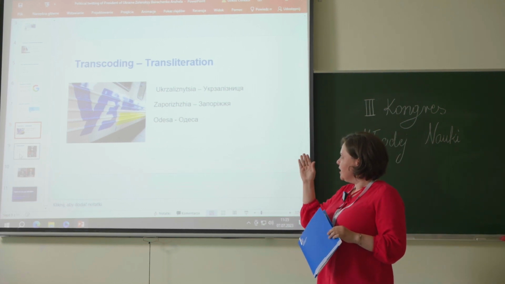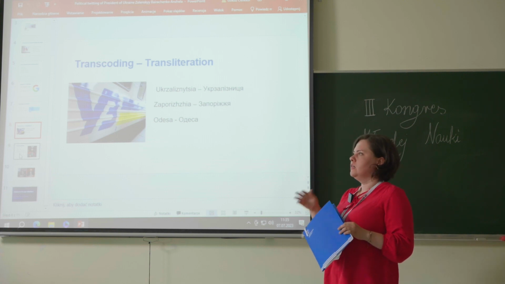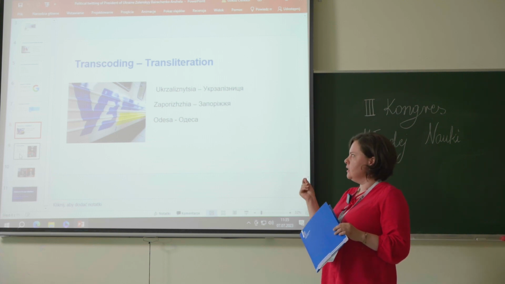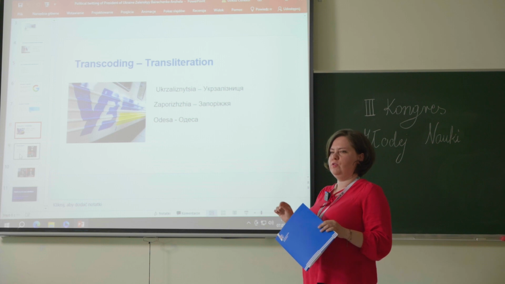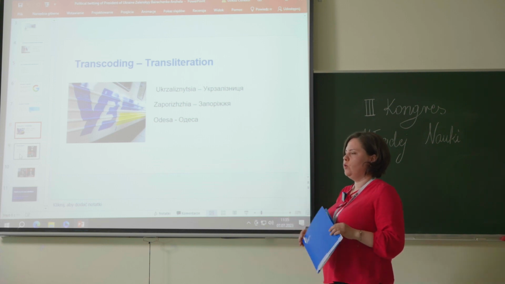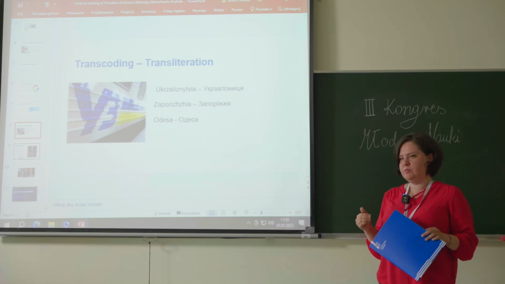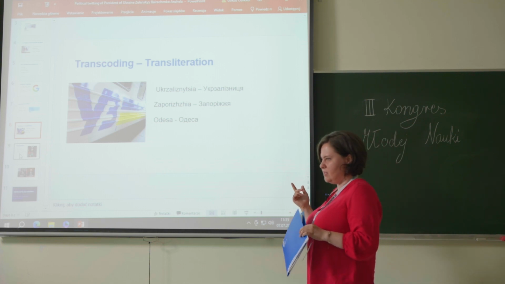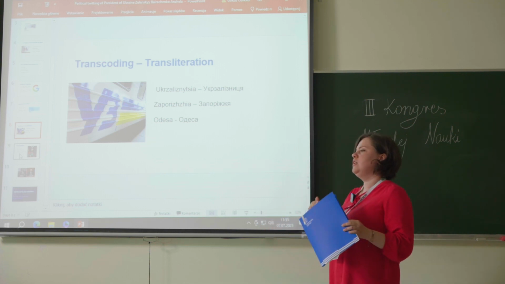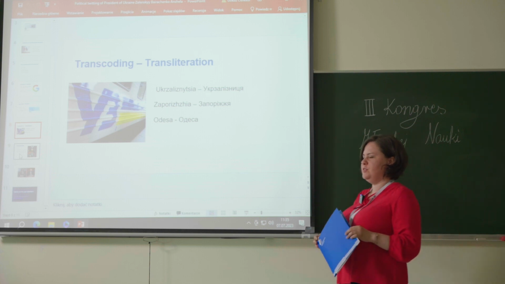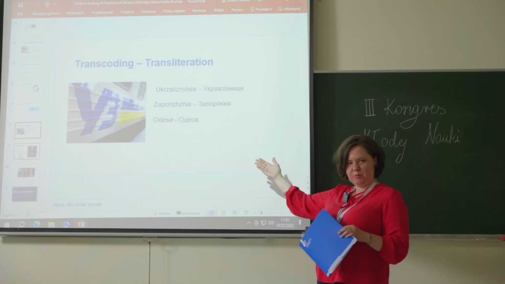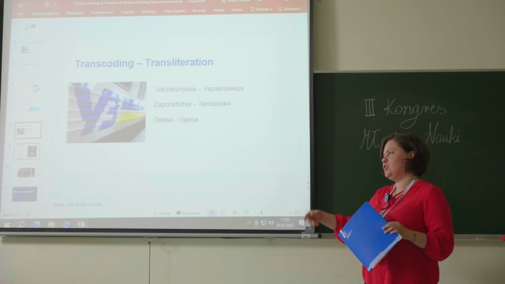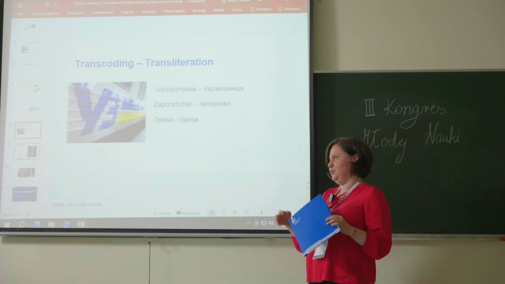So we can see that this is just conveying the same message in Latin letters, like the word Zaporizhia, and also included Odessa. Because Odessa is a very controversial word, depending on which language you transliterate from, it will have either one S spelling or two S spelling. Many foreigners do not understand this difference, and I need to explain to my friends that Ukrainian Odessa should be spelled with one S, because in the Ukrainian language, it is written with one S and not with two.